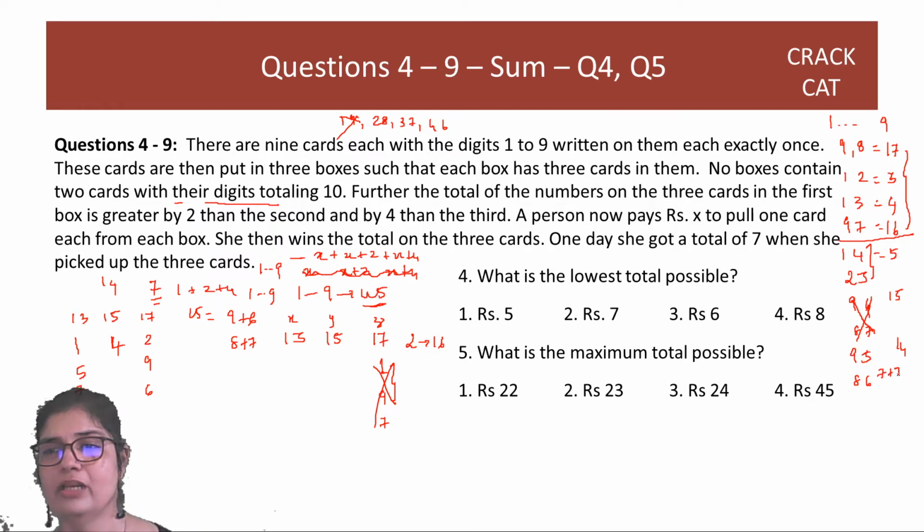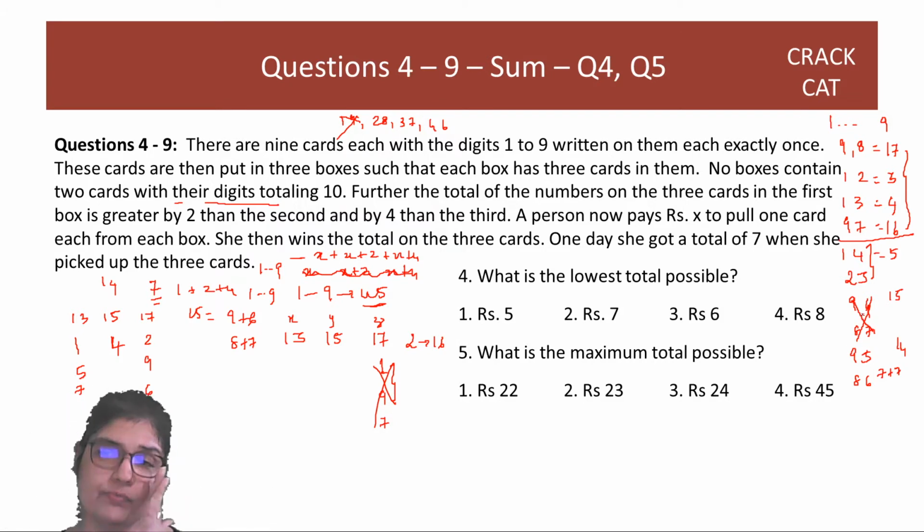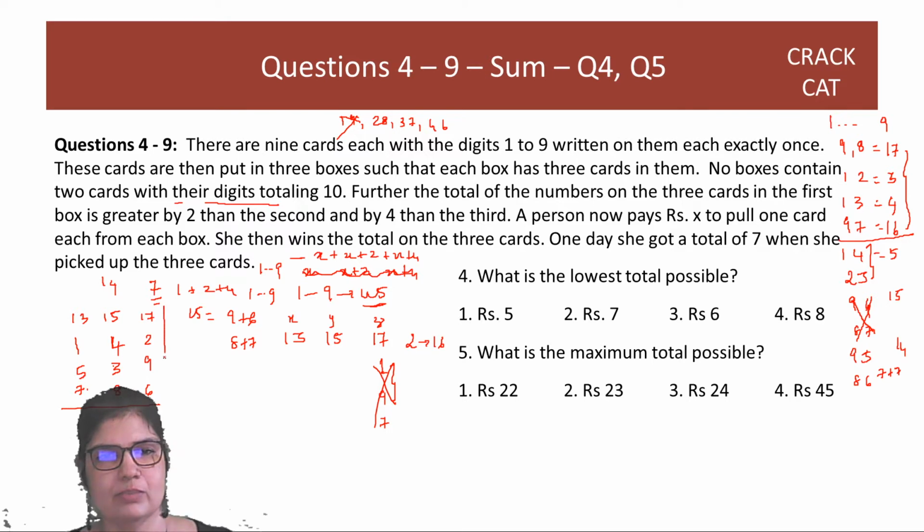7 plus 7 not allowed because all the cards are different. You cannot go above 9. You can't go to 10 and 4. Right? So with that, you know that 12 is possible with 3 and 9, but 9 is here. 4 and 8, but 4 is here. So it has to be 5 and 7. And this is 11. Once you know 15 minus 4, 11, which will happen with 3 and 8.